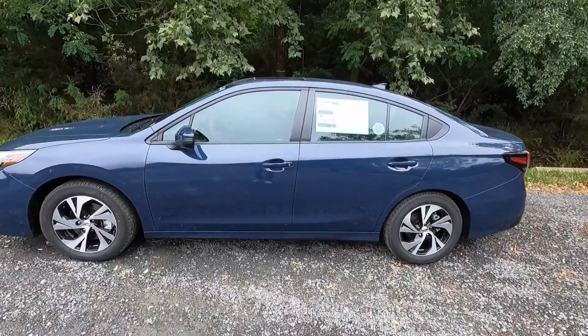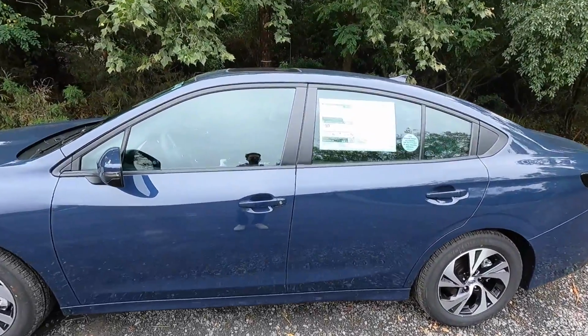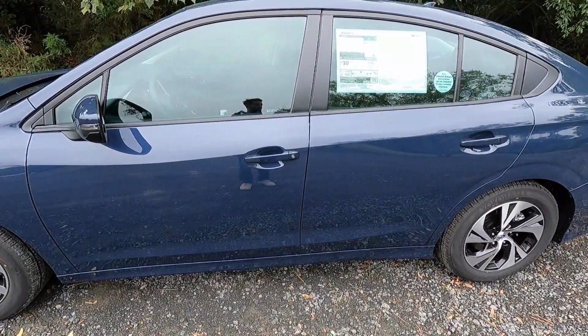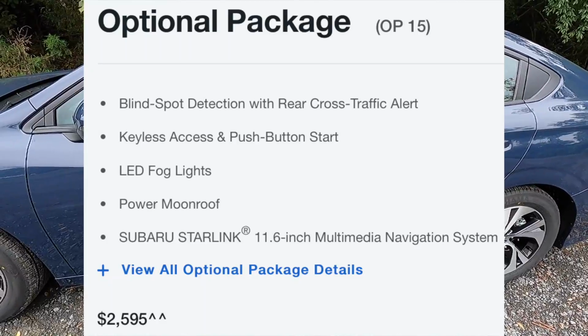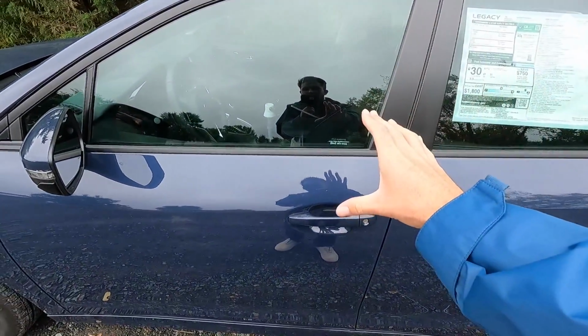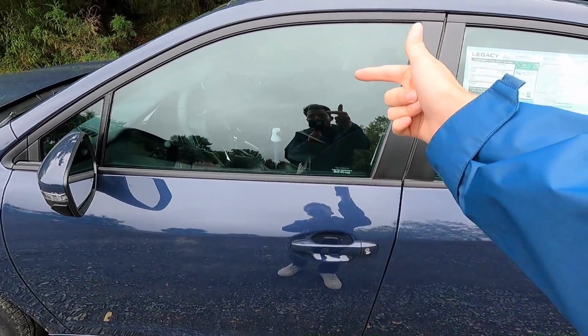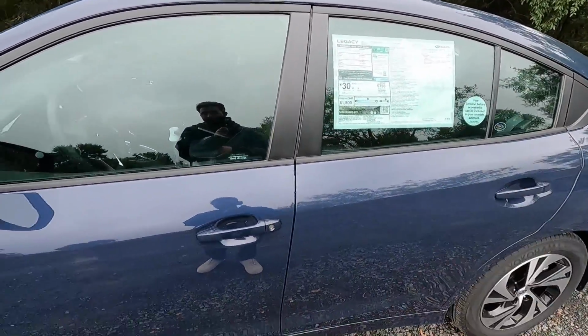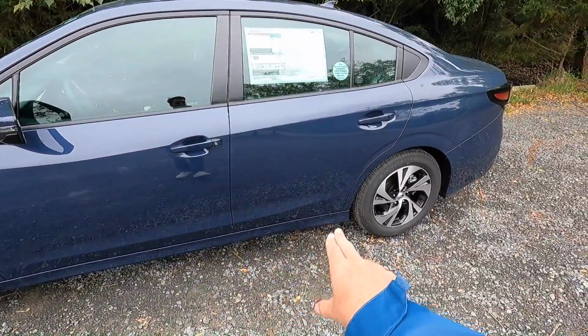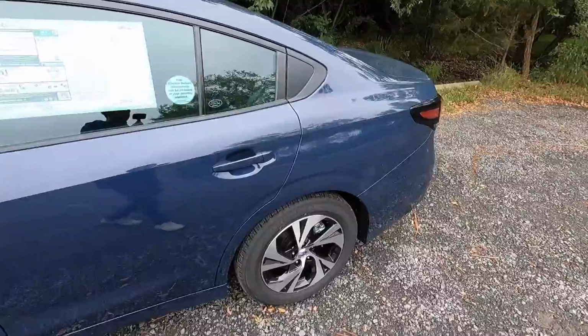But with that said, you guys get black window trim as well as body color door handles. But again, with that $2,595 option package 15, that gives you keyless access. So just keep in mind that the keyless access function is only on your front two doors. The rear two doors do not get that keyless access function. And then obviously you get a body color rocker molding all the way at the bottom of the side profile